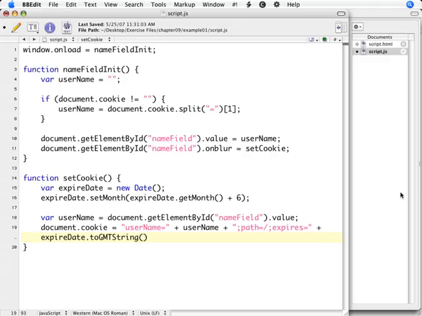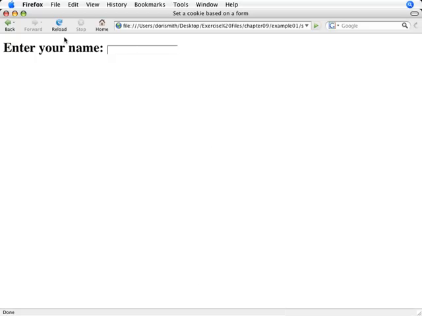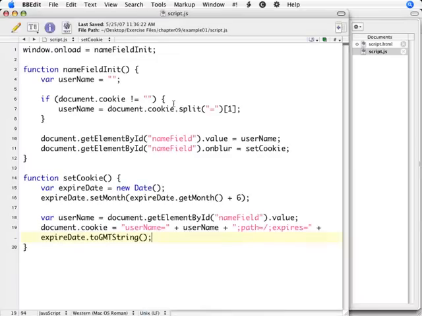said that expire date needs to be in GMT format, and thankfully JavaScript gives you a built-in routine called toGMTString that formats it for you. So now let's save our file and switch over to our browser, reload the page, and see how it works. And now when we reload the page, because of what we had in our initialization routine, where we set that name field based on what was already in that cookie, my name stays in there even when we reload the